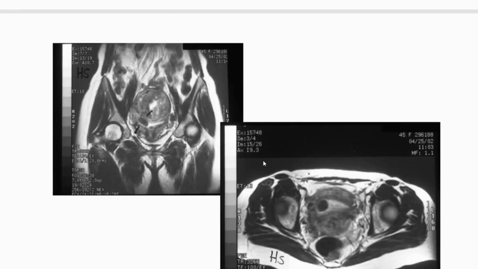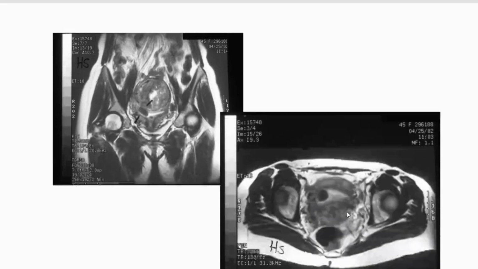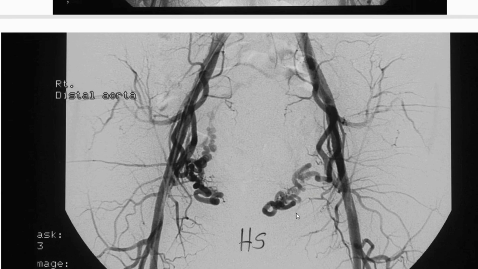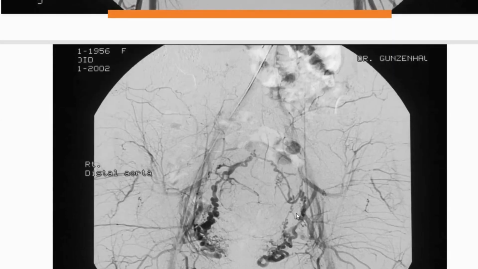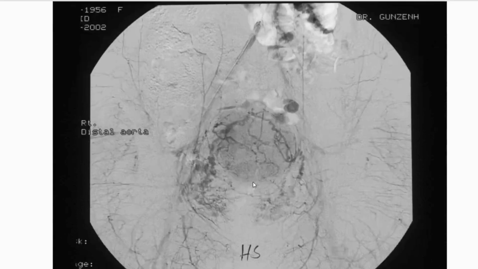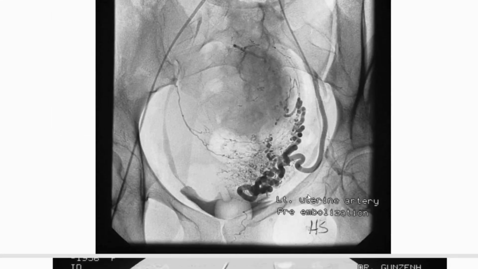This is a coronal plane image of MRI, and you can see that intracavitary fibroid projecting into the endometrial cavity, and you can see it better over here. This whole thing is the uterus. In this patient, you can see the pelvic arteriogram. You can see these large uterine arteries on the right and on the left, and you can see a subtracted image of that. And yet again, this is enhancement within the uterus, and this is an enhancing fibroid, the one we saw posteriorly. You can see the left uterine artery injection,